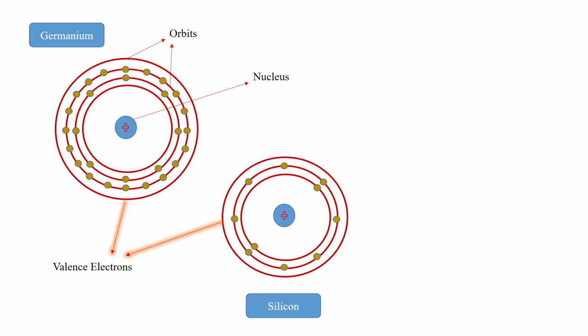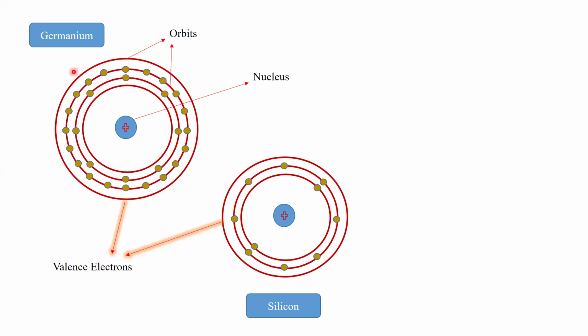Okay, hello all. So today's module, we have an interesting topic: we will review the atomic structure of two popular semiconductor materials that are used in the microelectronics industry. One of them is called germanium, and another one is silicon. What we want to understand here is the Bohr's atomic model of these materials, germanium and